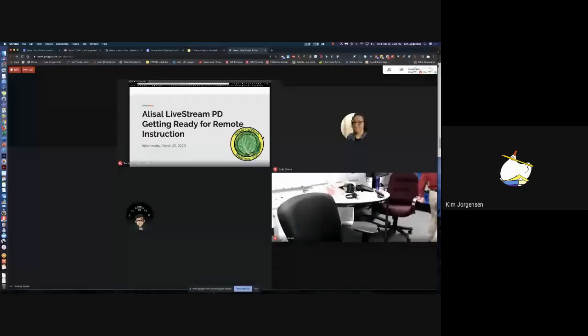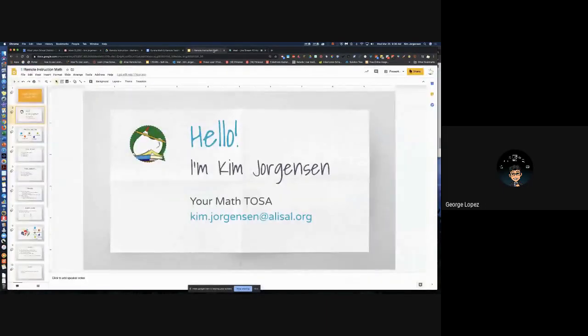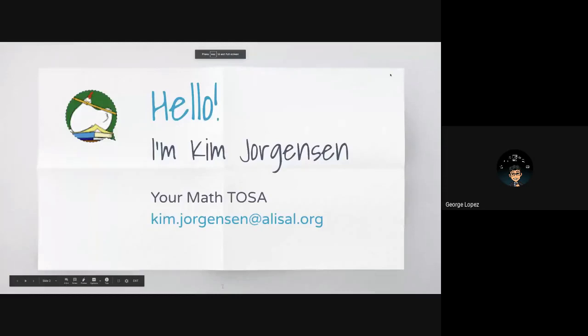All right, let me get back to here. I am working on it. What I'm seeing is four thingies, and I take my cursor down to the bottom, and that little tab is not appearing across the bottom. All right, wait. How's that? There we go. Good job. Now, can you see the screen? Yes. So now if you go up to present, then we'll be able to. There we go. Perfect.